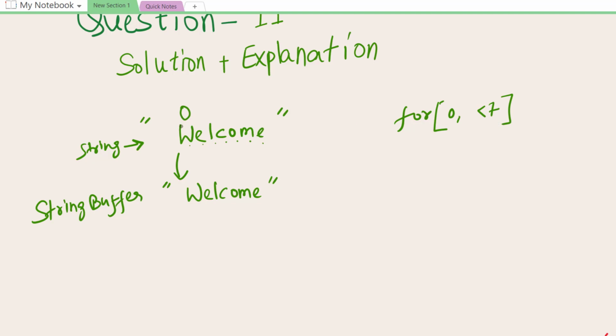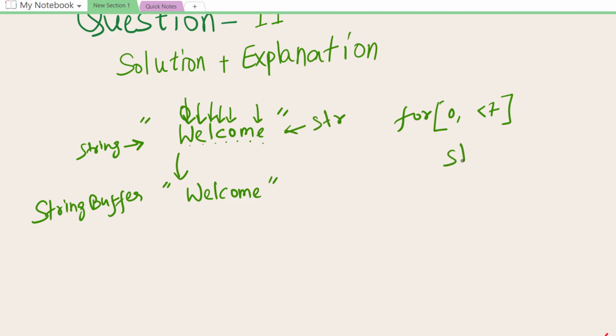It means we will take the character at 0, then the character at 1, then the character at 2, then 3, then 4, similarly the character at the 6th place, but not the 7th, because 7 doesn't exist. Okay, now what we will do is, say this object's name is str, then